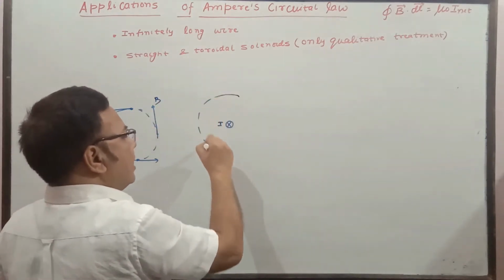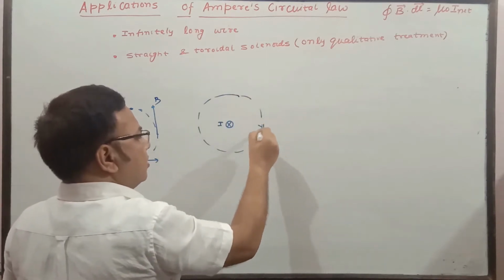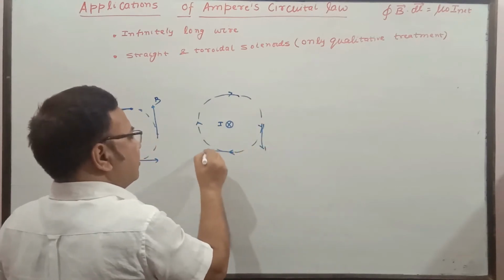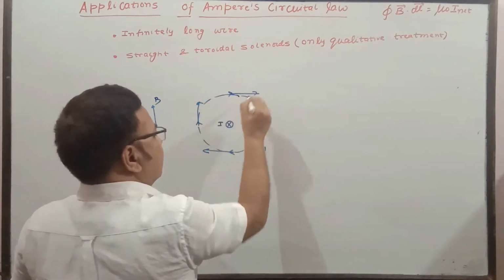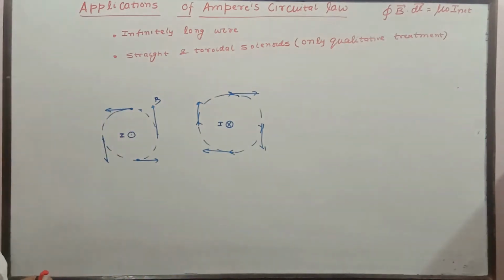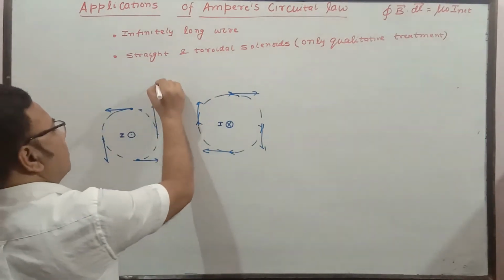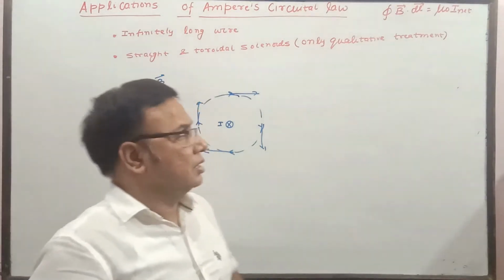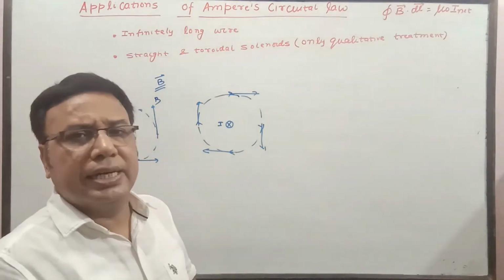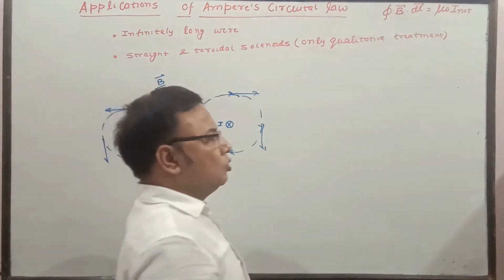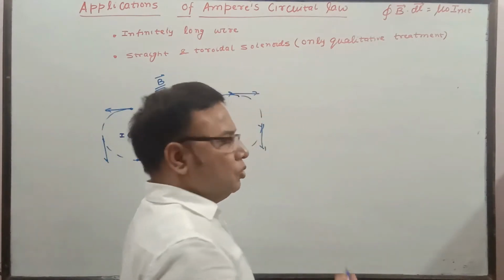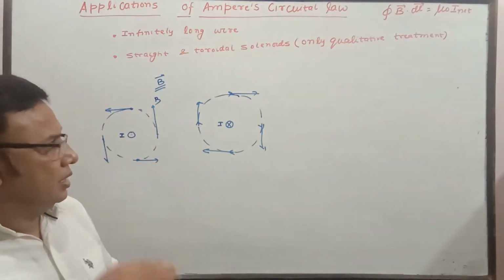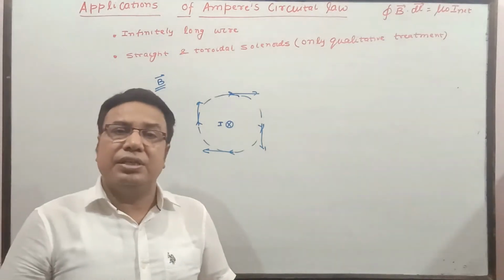So for this wire, the magnetic field is somewhat like this. These are the directions of magnetic field at different places. In this way we can find out. So these are just to determine the direction of magnetic field. Now we are going to see the convention of net current in Ampere's circuital law. How to find out the convention? You know from the last class, and if you do not, then we will be discussing it in the running derivation.